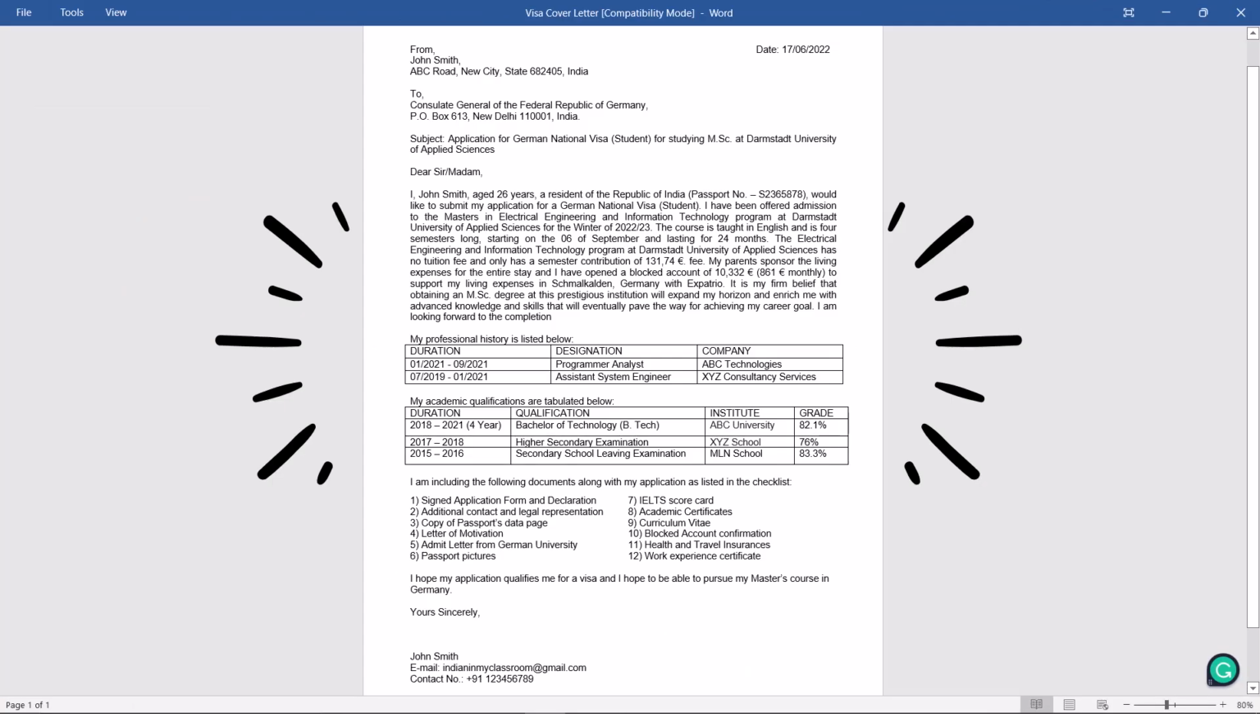Finally, this is how our CV looks. Make sure to cross-check for any mistakes in your personal details and information which we have added. So at the top we have the date which has our visa appointment date, and we have our full name according to our passport, name of the city and the country, to the Consulate General of the Federal Republic of Germany, and the address of the corresponding German embassy, subject, course name and university name,